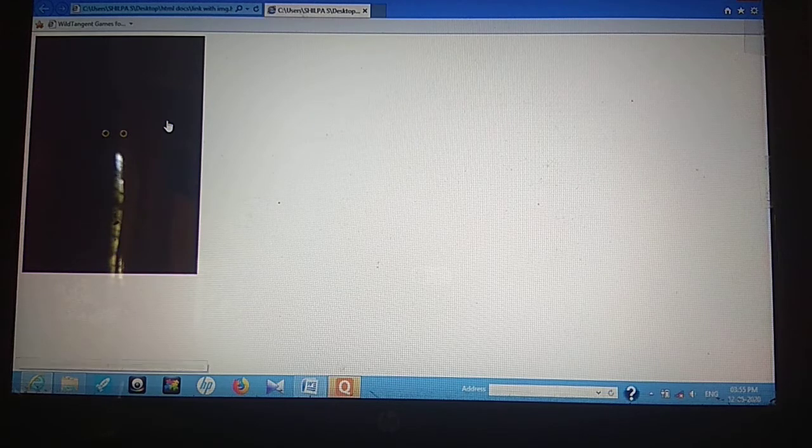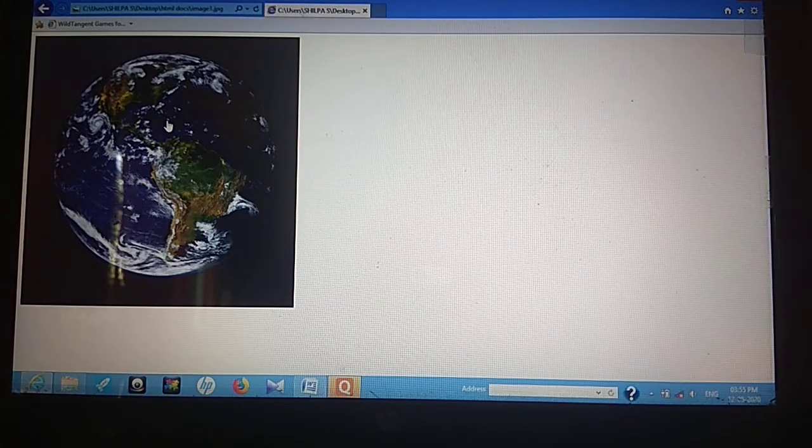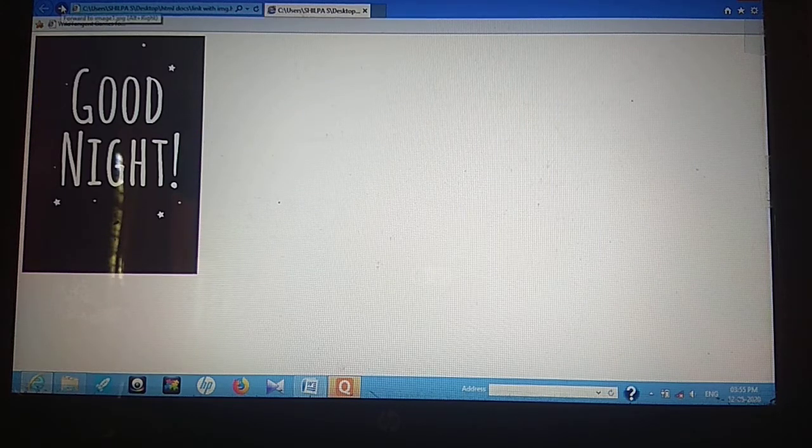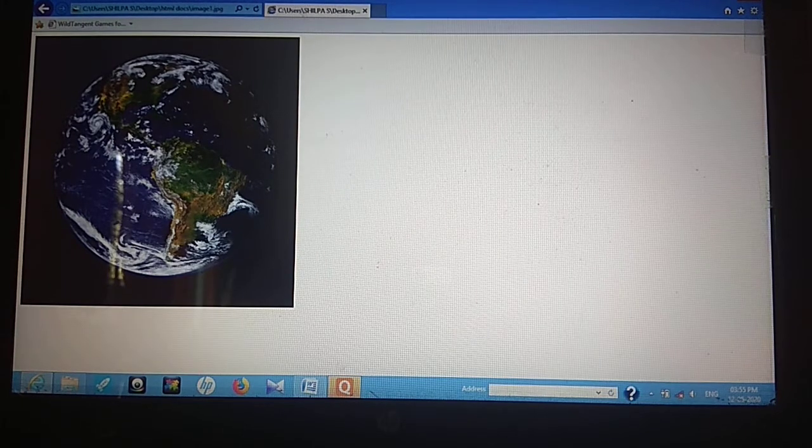So I'll click over here. You can see another image now displayed on the web page. This is the JPEG image that you can see, whereas this is an animated image which is a GIF image. This is image 2, and the image that I am going to link is this image 1.